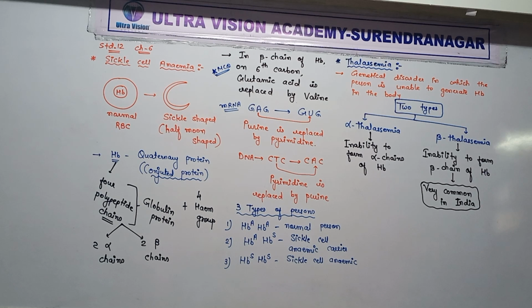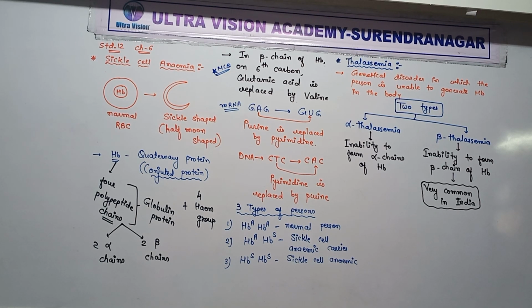See, for formation of the normal hemoglobin alpha chain, we obtain HbA1 and HbA2, both genes, from each parent. So we have 4 genes for formation of the alpha chain of hemoglobin. So if one or more genes, up to a maximum of 4, are affected, we say that it is alpha thalassemia. And here the 16th chromosome is affected.